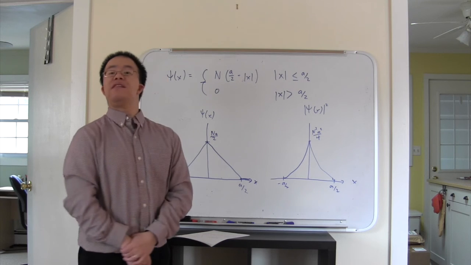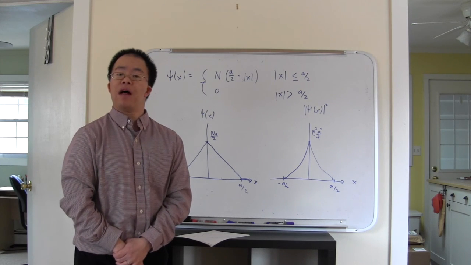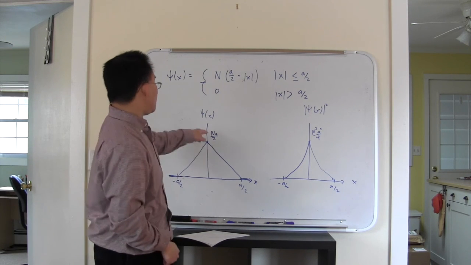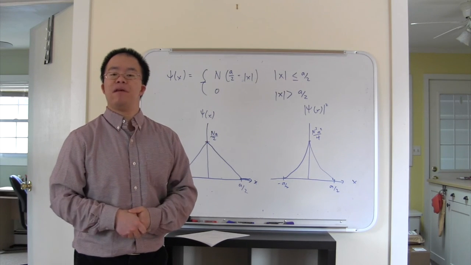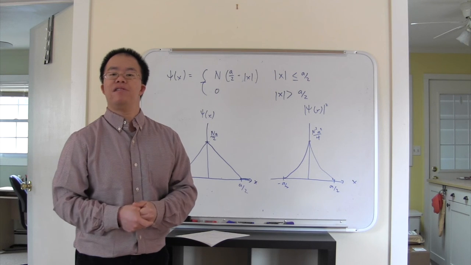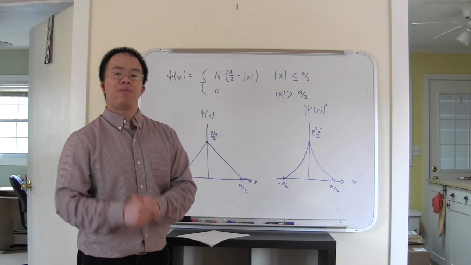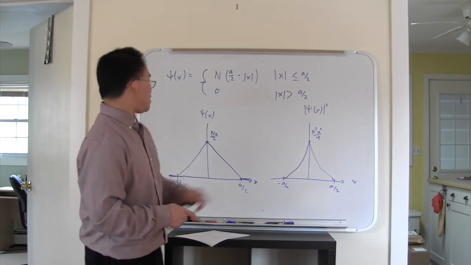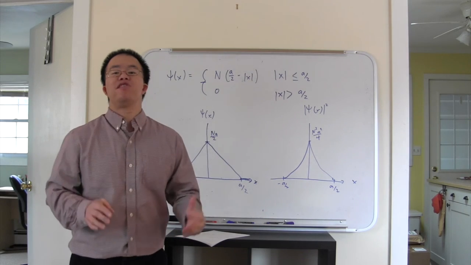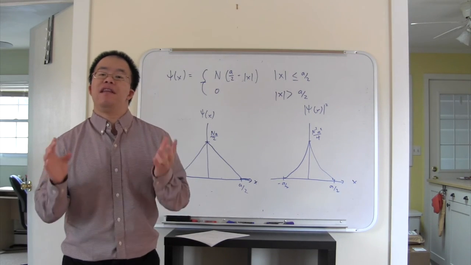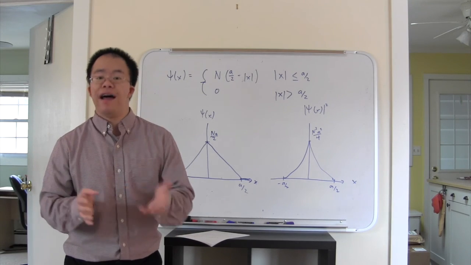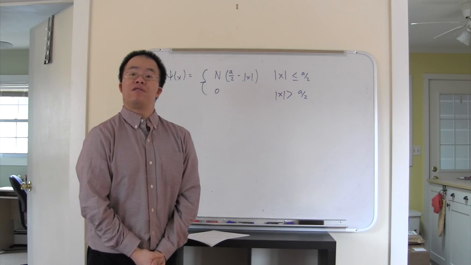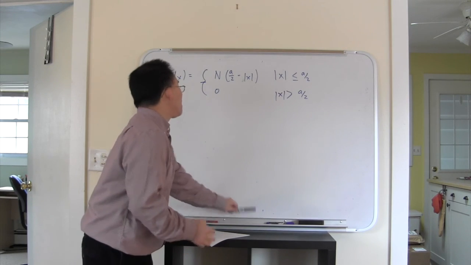So part B asks us to normalize this wave function, that is, to determine the value of n in terms of a that makes this wave function properly normalized. At this point, I want to point out one useful fact. Notice that our wave function is even. That means we're going to be able to use symmetry to save us a bunch of work as we go forward. Okay, so our normalization condition says that